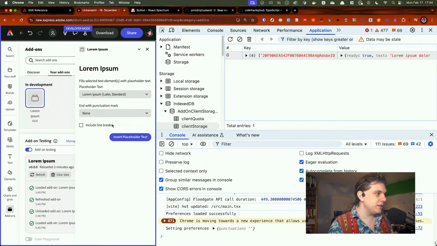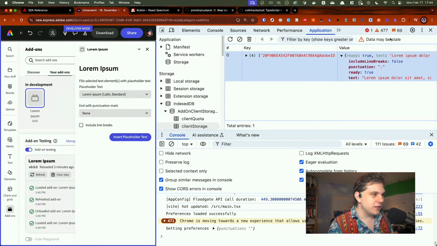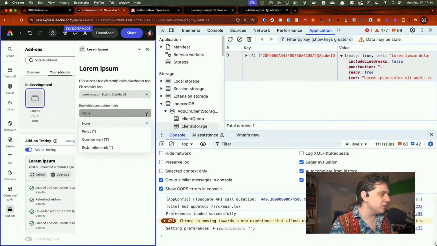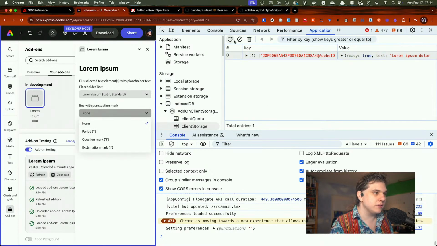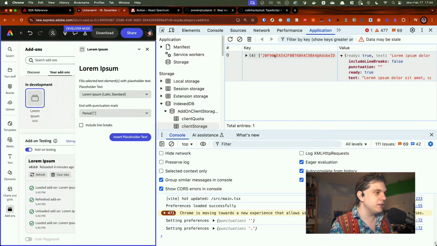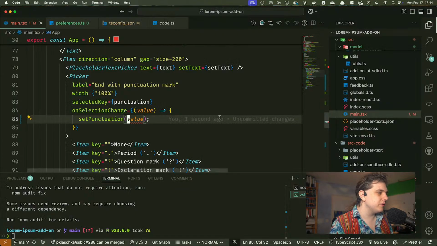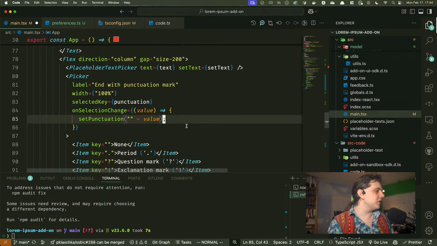So let's change this. Right, it still wasn't a number, right? Because I've set it to none, so let's refresh it. Yeah, it's still not, which is fair, because it was just our type